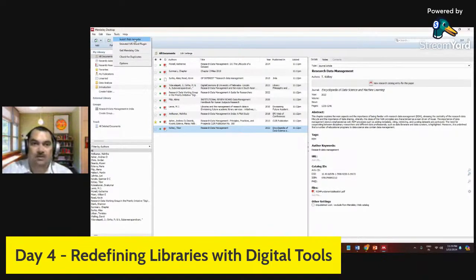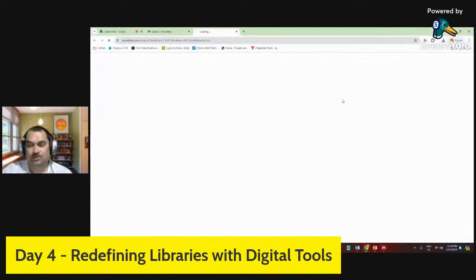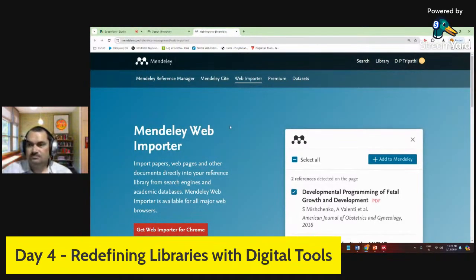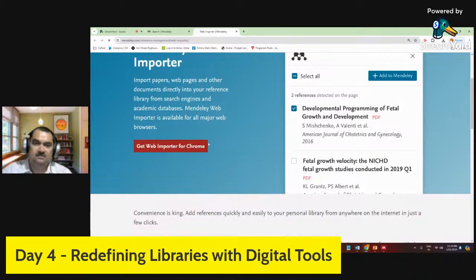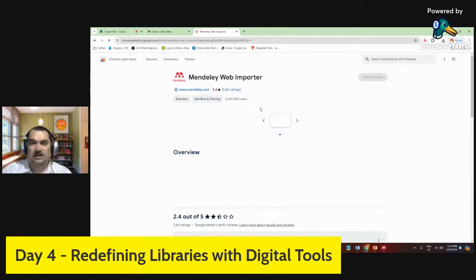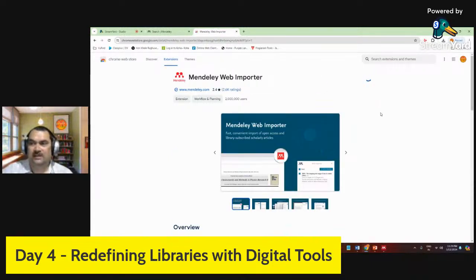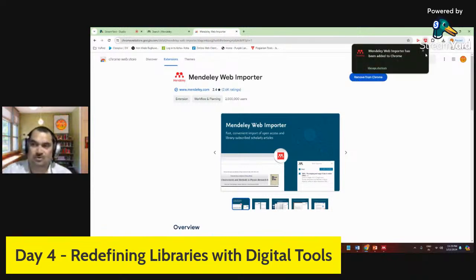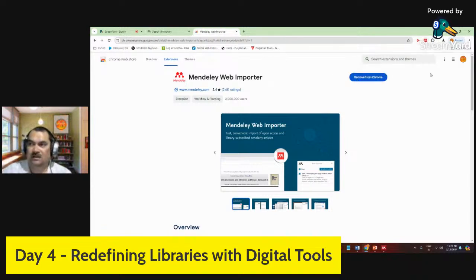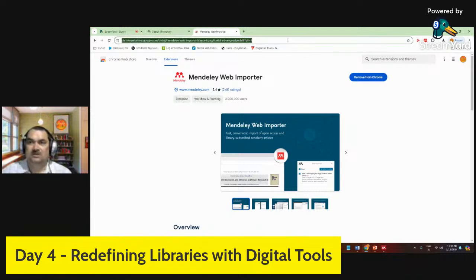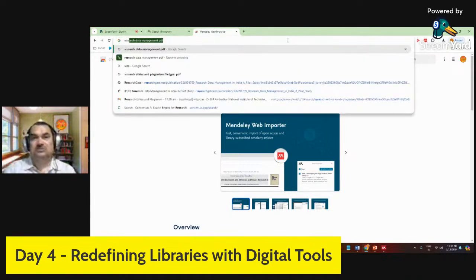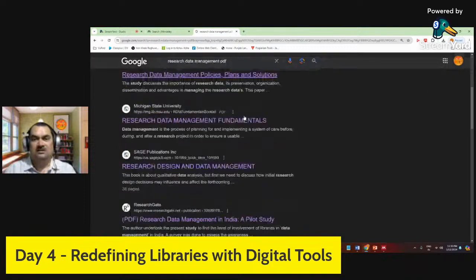One more option is the web importer. You can directly get the extension for your Google Chrome, which will allow you to import the document directly from your Google browser. You see here, it has added the web importer icon. So first I will simply search research data management, and